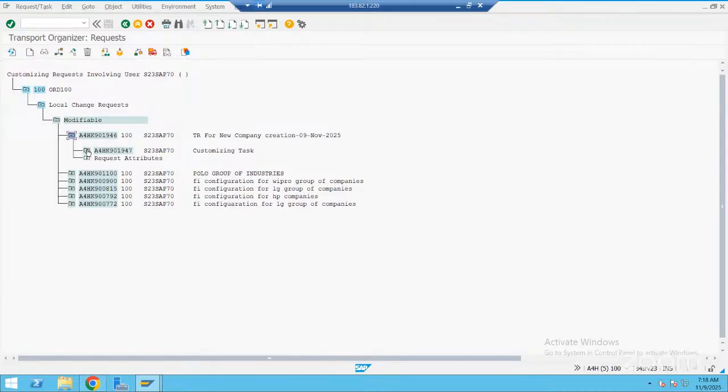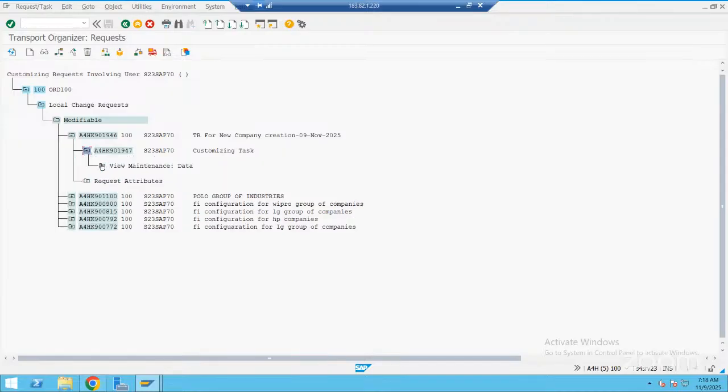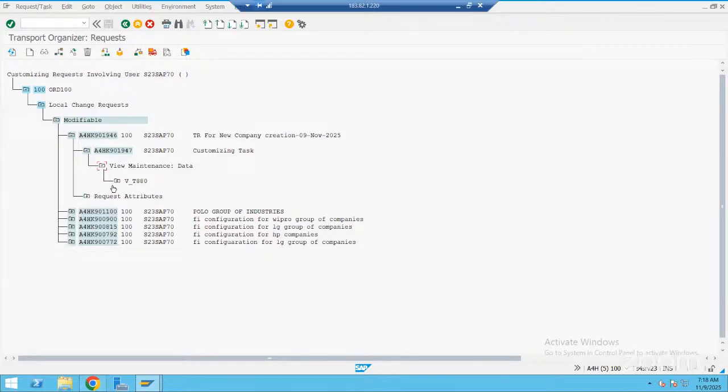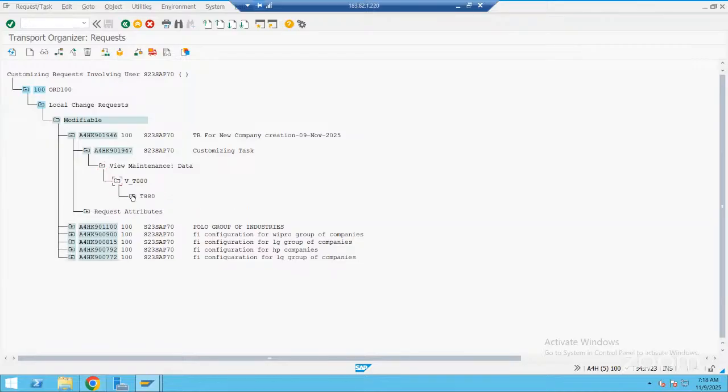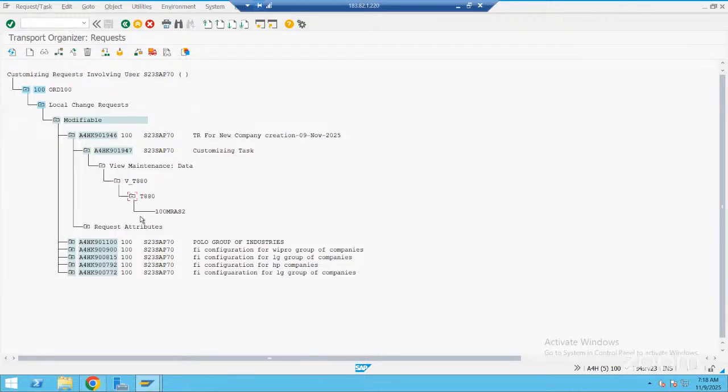It's a customizing task. So under this, the data will be saved with the primary key here. Only the primary key will be saved here. So when you import, this data will come into the other system. It's customizing data. All customizing data will import from one client to another client also, through SCC1 transaction code, cross client.